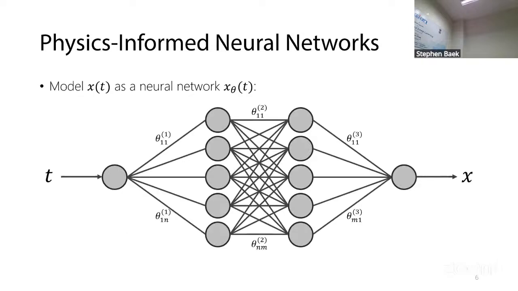So this is one thing that you can try to do, right? To model x(t) as an artificial neural network, where the input to the neural network is the time t, and the output of the neural network is the position x. You can have as many hidden layers and hidden neurons as you want inside of the neural network, but without loss of generality, we're going to just call it model